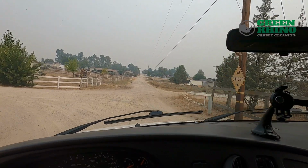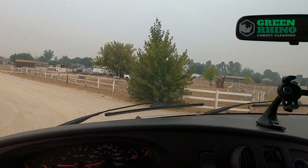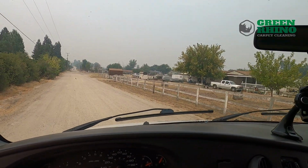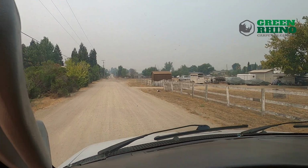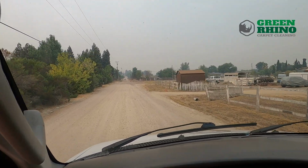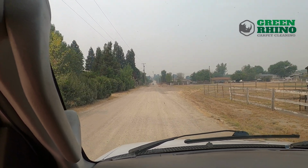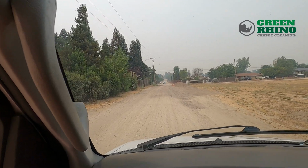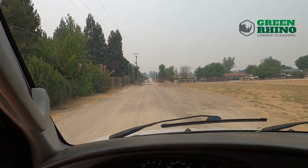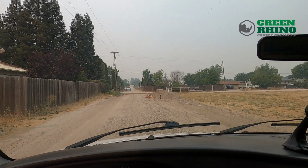A lot of times, guys, we should walk away from jobs. The carpet needs to be replaced. I was right on the edge of walking away from the job, but I thought, I think I can get away with it. But also tell the customer you have to do an enzyme on it, or else you can't do the job, because you have to get rid of that odor, kill that bacteria before you put it in your van, because